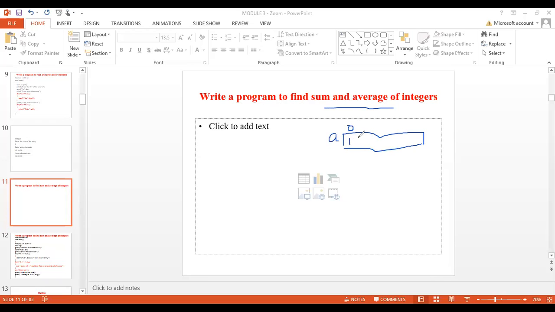So let us take it as 10, 20, 30. The index is 0, 1, 2. So here we are taking a variable sum which will be initialized to 0 initially,